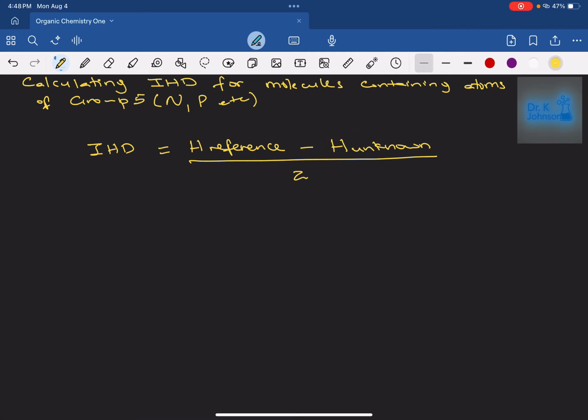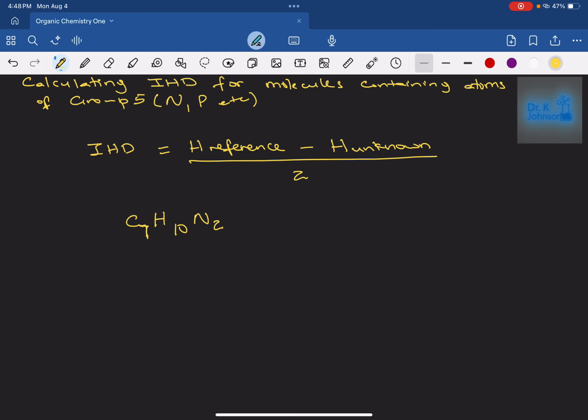Let's look at an example. So let's say you're given the molecular formula C7H10N2, and you're asked to calculate your index of hydrogen deficiency. So you need to figure out how much ring or double bond or triple bond, or a combination, is in C7H10N2. For anything in group 5,